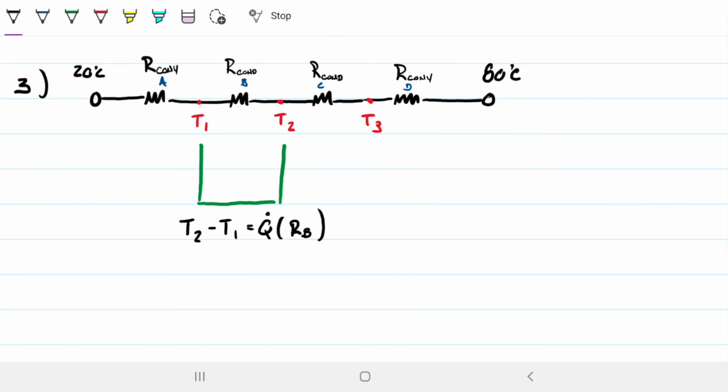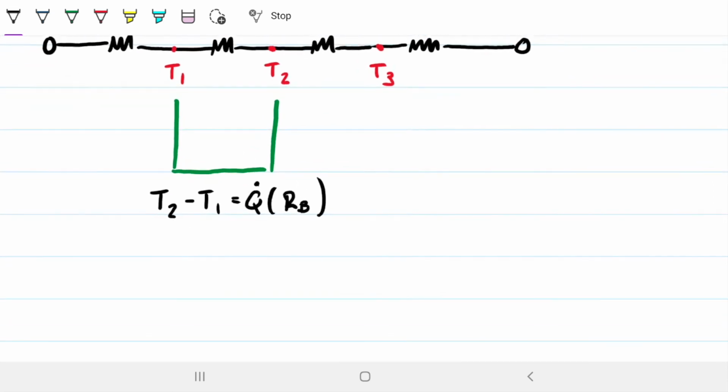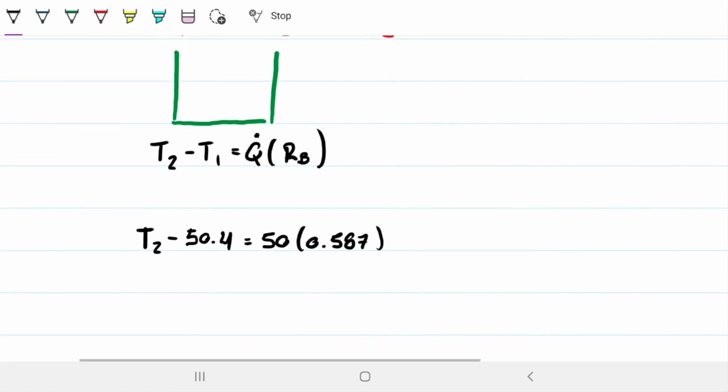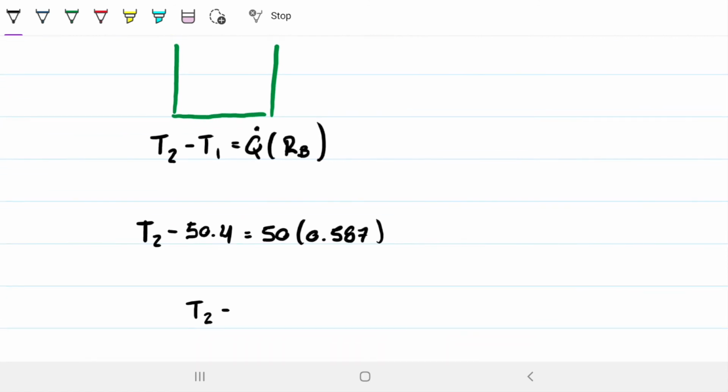Okay, and just like on problem number 1 of this midterm, both our Q and our R are as a function of L equals 1. So if we were to carry the L with us, they would cancel out. So in terms of units, we're safe. T2 minus T1, which we just found to be 50.4, has to be equal to the 50 watts times RB, which was about 0.587. So this tells me that T2 is equal to